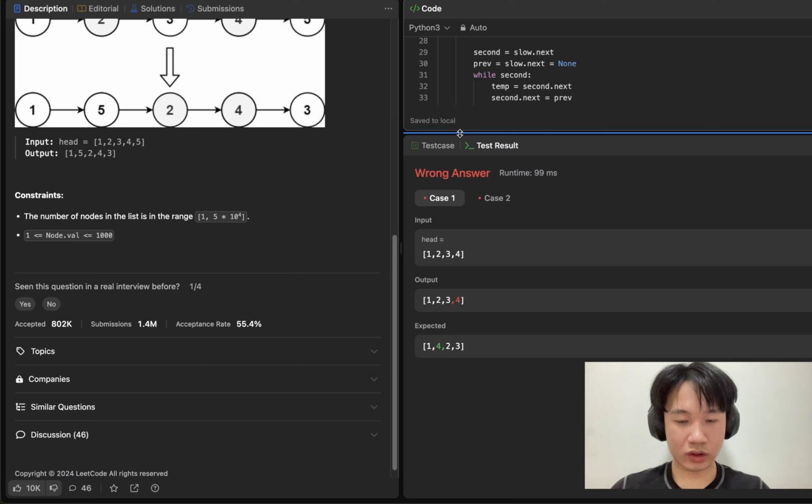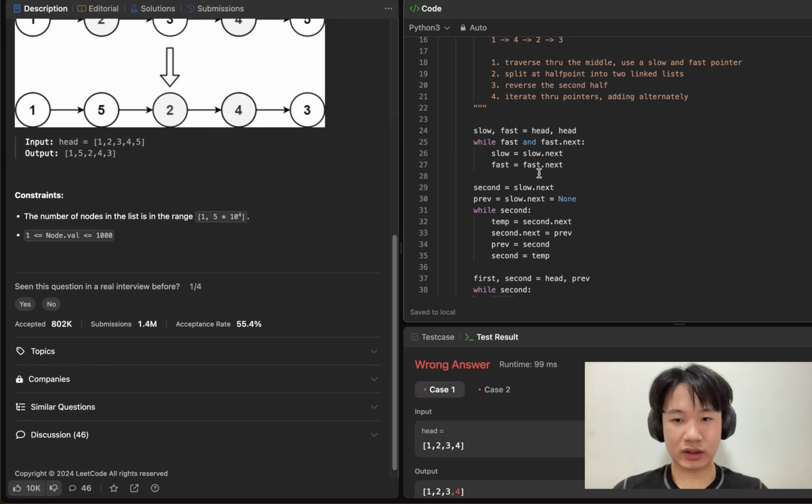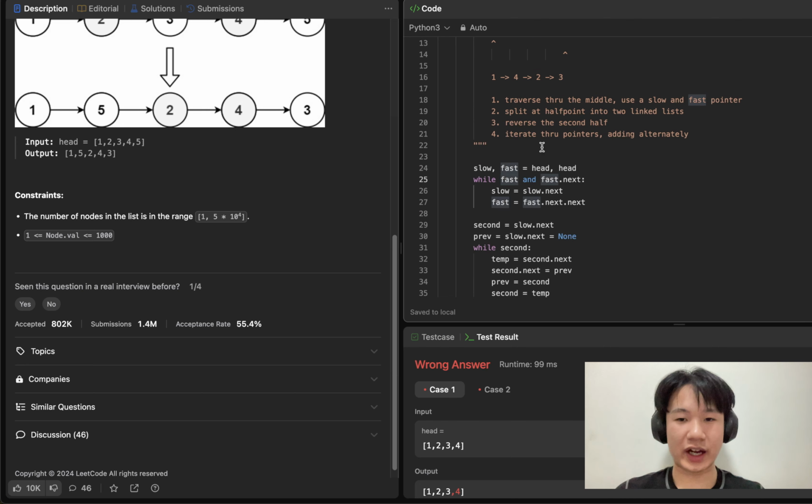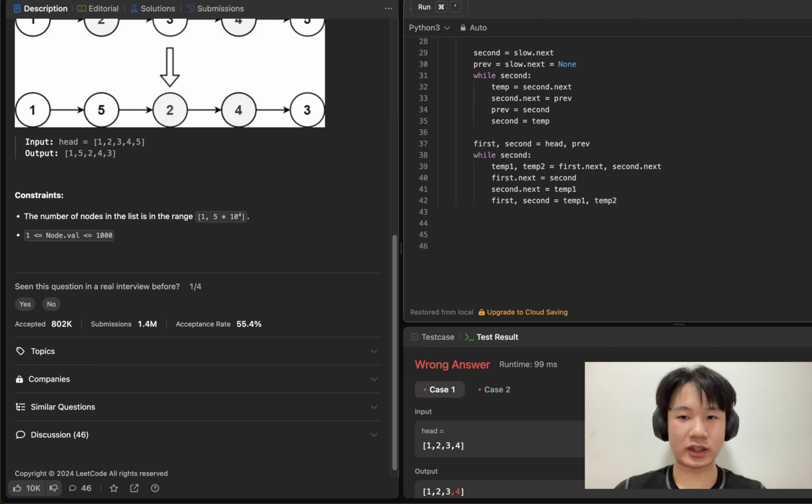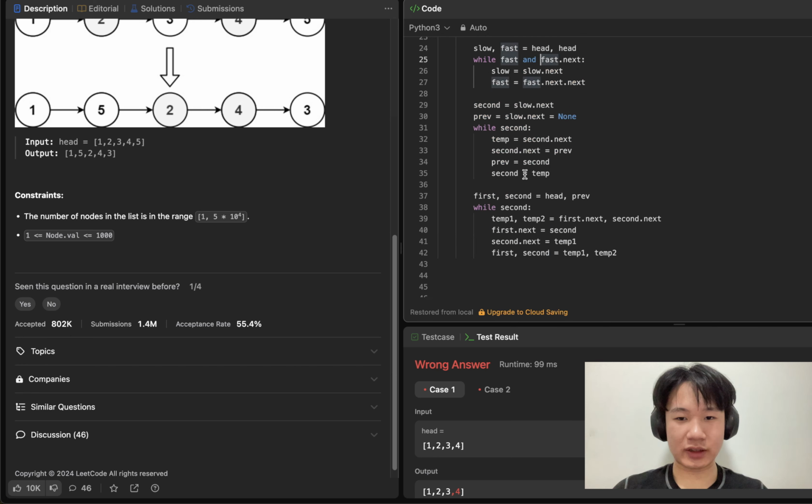So slow and fast are set to head, while fast and fast dot next. Slow equals slow dot next. Fast equals, oh, we forgot to move it at double the speed like we were talking about before. Let's check again for any other issues. Second is equal to slow dot next, and we set the previous at that. Yep. So the temporary, we basically just do reversal. Should be straightforward. And then from here, we set the two temporary values, and then